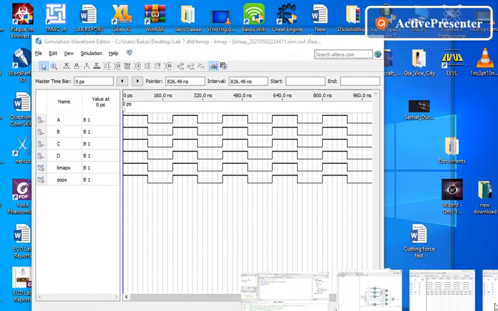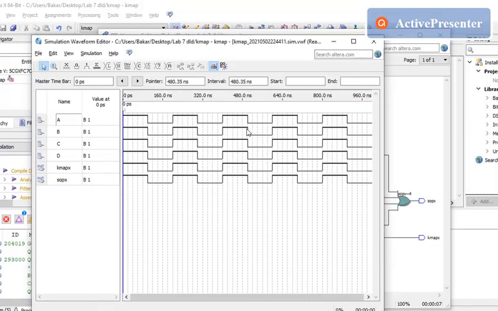Let's check the waveform. Here is our waveform. You can see that the two outputs, the standard module and the K-map reduced waveform, are both the same. The reduced K-map value corresponds to the value d, which is common in all of the expressions, so that when it is 1 it prints out 1. Similarly, both of the outputs, the reduced and the standard, are the same.